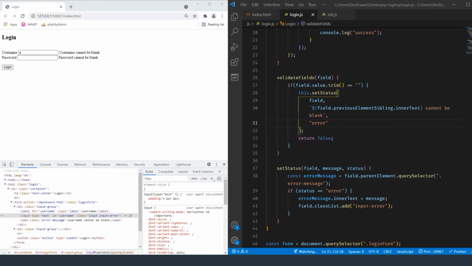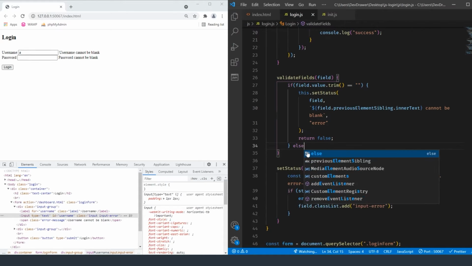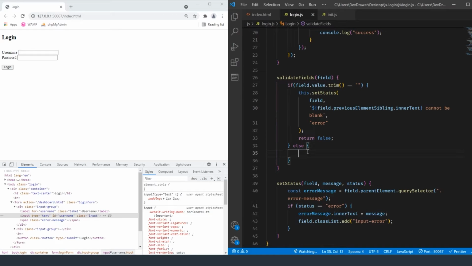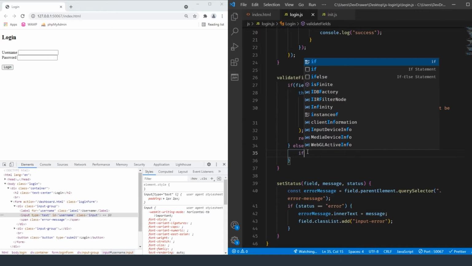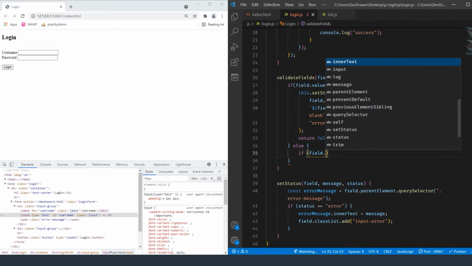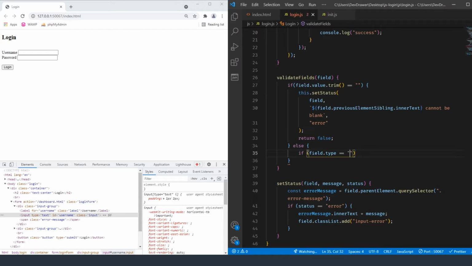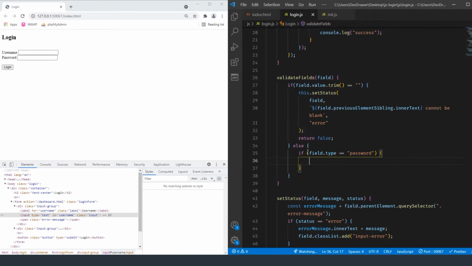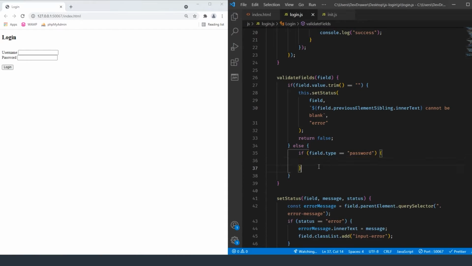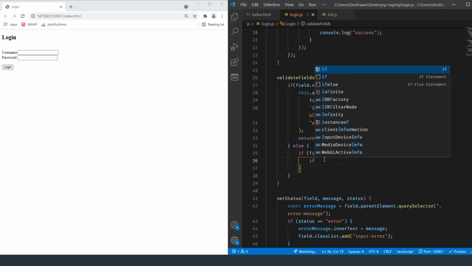So right now we're checking to see if it is blank. So let's also check to see if it's not blank. We are going to run something for the password. So if the field dot type equals password, so if it equals a password, we want to make sure that password has X amount of variables. Let me get rid of this so you can see that better. Okay, so if it is a password, then we want to check to see if it has a certain amount of variables. So let's do if